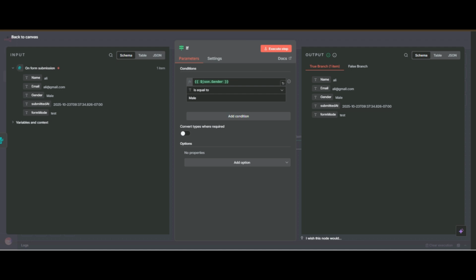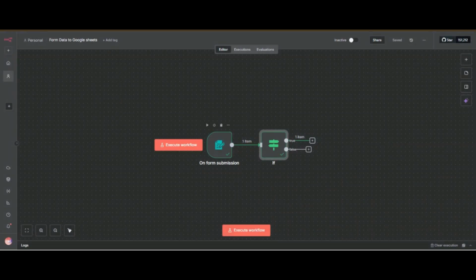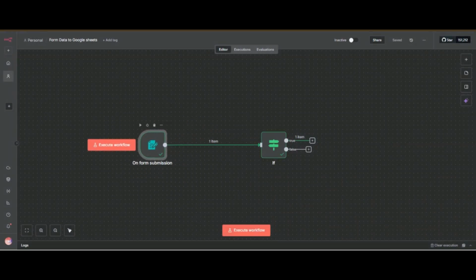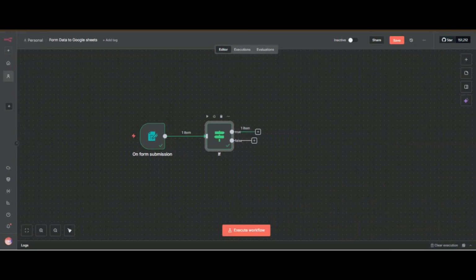You can see we have received our data in the true branch. I hope you understand. Some things you should give time to, and some things you will understand with time. So we have added it, and now we have to save.